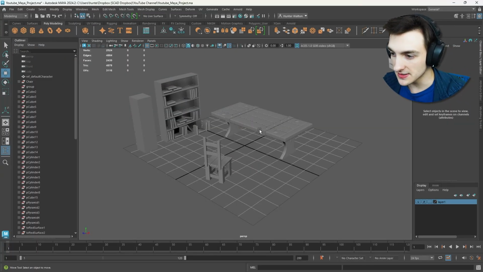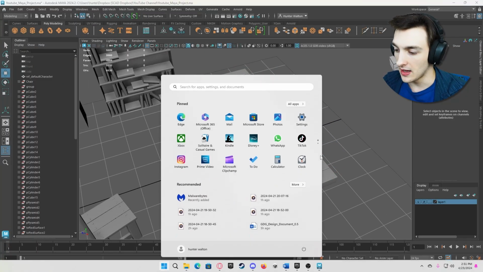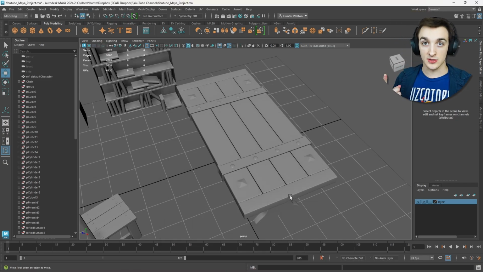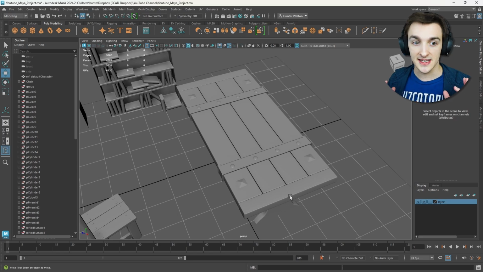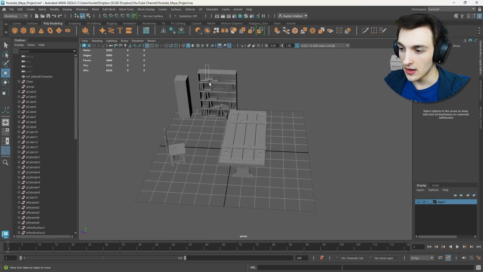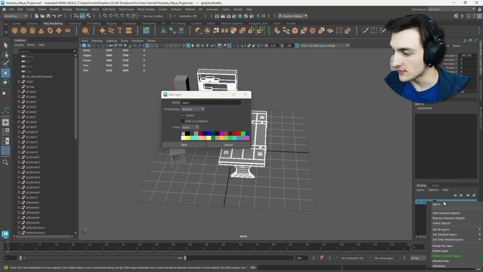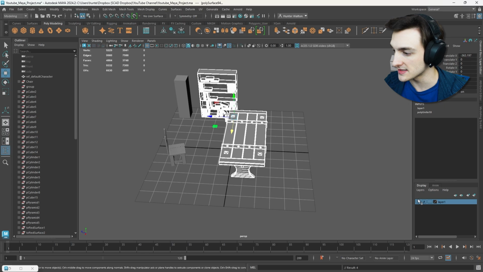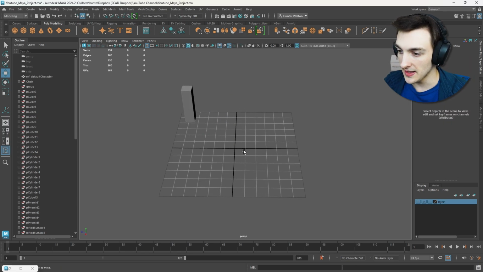But our table is looking a little bit barren. I think on our list we had making a scroll and a candle. You always want to be thinking of light sources. Candlelight is amazing, and you can do a lot in engine with that to make it actually flicker. So we're going to learn about a brand new tool. We're going to add all of this to our layer. So right click, add selected objects, V to get that out of the way, and we're going to make a